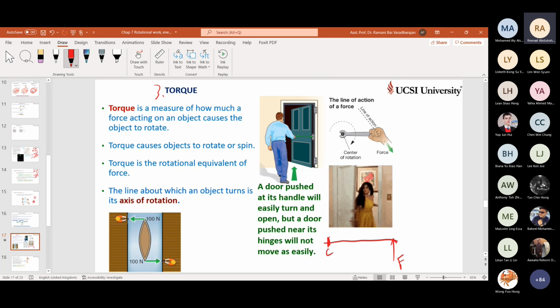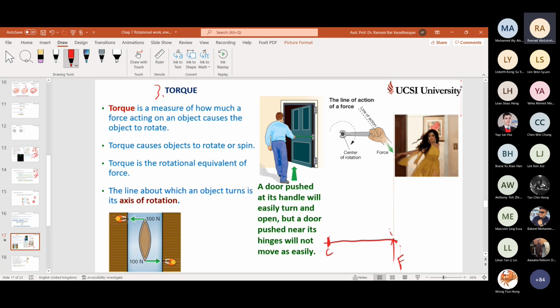Let it be the center. So the rotation is happening like this, right? Because of this, it will rotate to this position. So I repeat, the rotation must happen in a perpendicular direction, or the force and the work done are in perpendicular directions. Clear? That is why I brought this photograph.